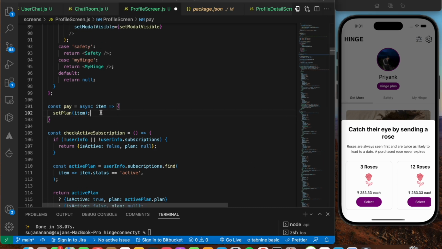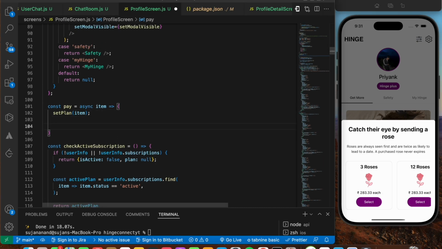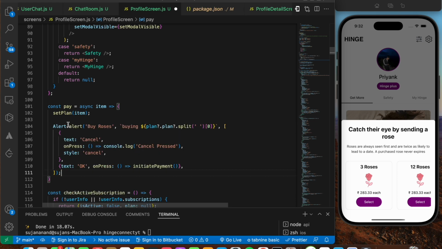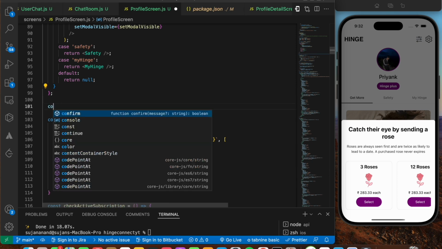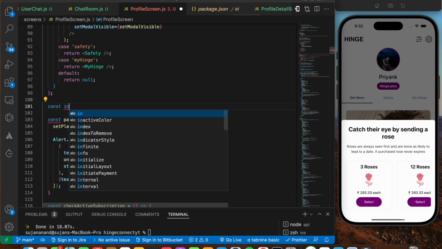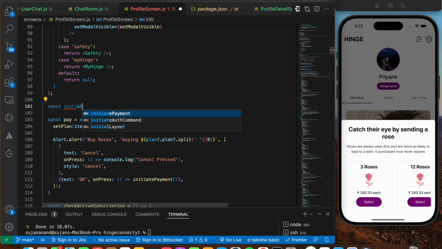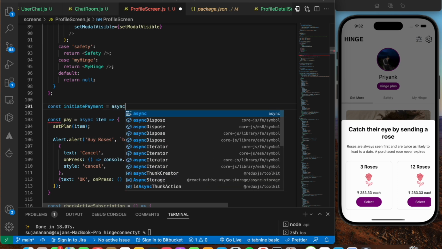So yes, after we set the plan to be of the item, I'm just gonna use my alert. So I'm just gonna paste in my alert over here. So we're gonna have two button alert box. So initially we're gonna say buy roses and then buying the number of roses, and once you press on OK, we need to initialize the payment. So let's define the function, that is initiate payment. So I'm gonna say const initiatePayment is gonna be equals to async function,